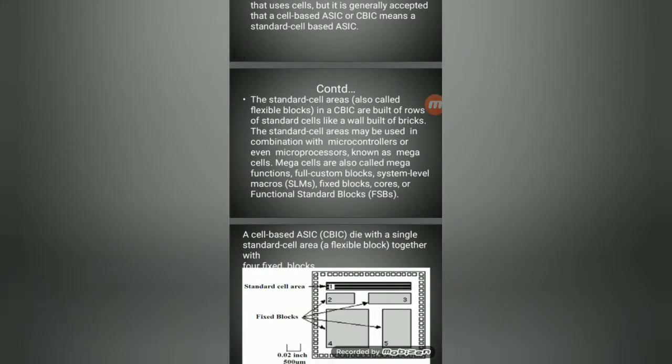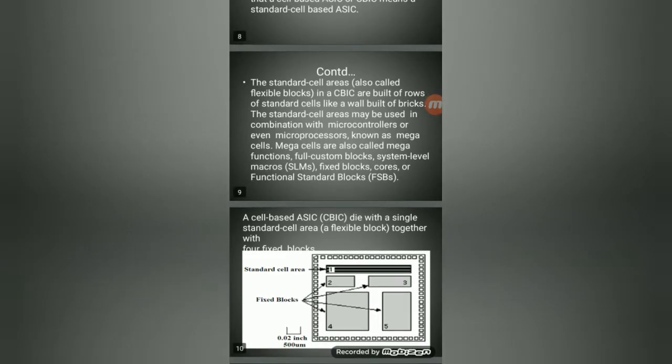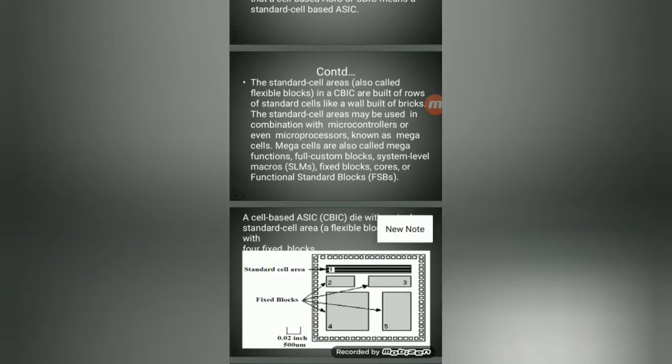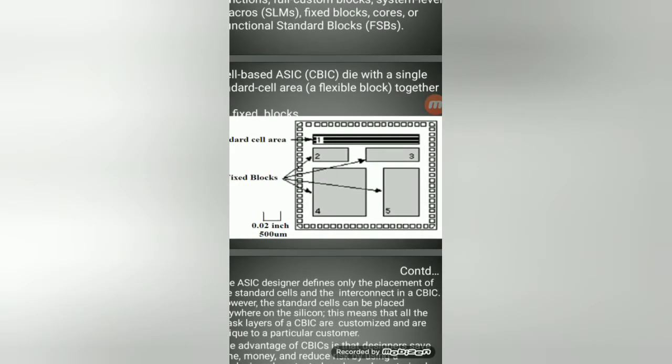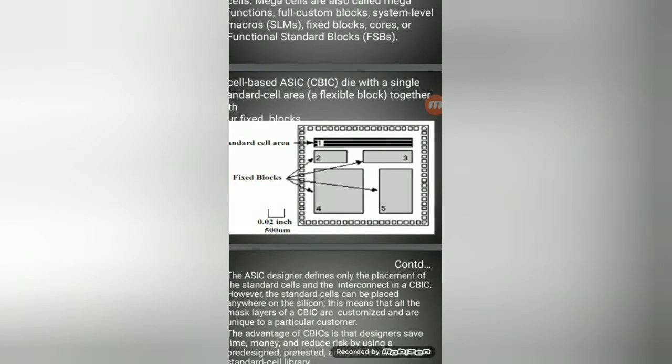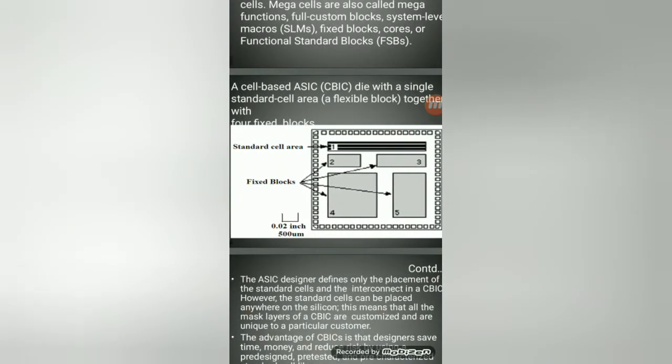Standard cell is also called a cell based IC. So that we can call a standard cell IC. Here see the standard cell IC block diagram. It is somewhat different compared to the full custom design. Here also in this diagram, IO blocks are common for all of these, but the internal structure will be different.